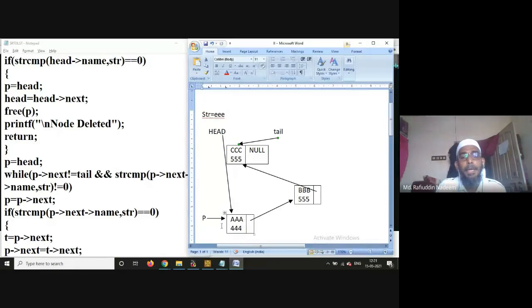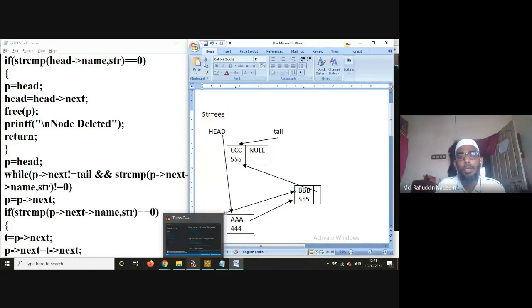So P next not equal to tail is true, and strcmp of P next name, BBB comma EEE, not equal to 0 is true. Then P is equal to P next. Now P will be pointing to this one. Then again P next not equal to tail.